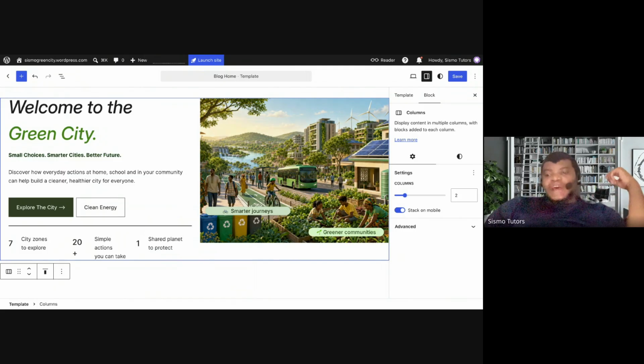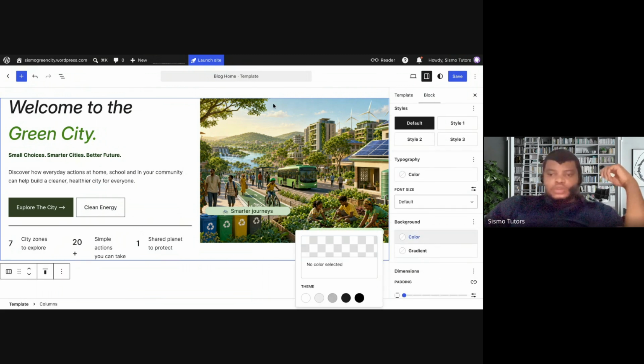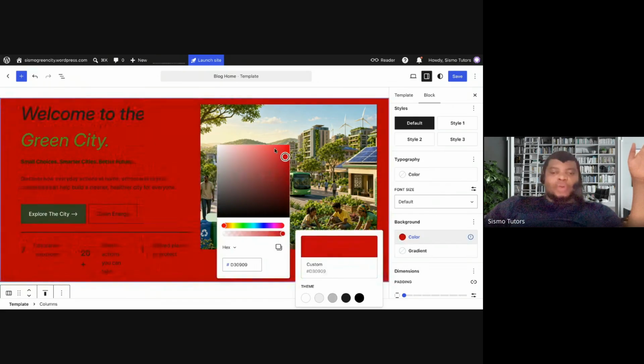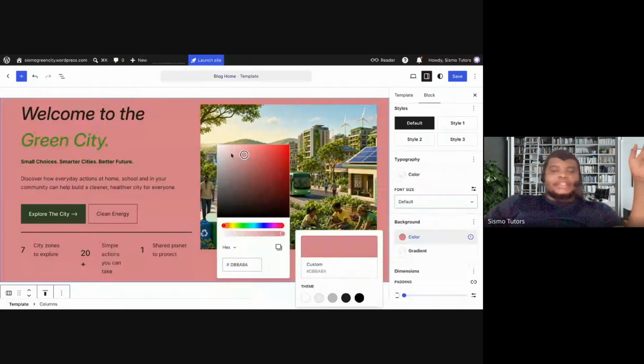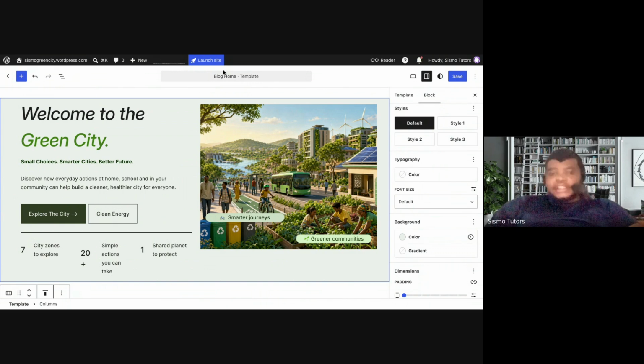So you navigate to that background again, color, click on these checkers, then you add the color hex that you want this background to be like, or you drag the palette to what you want the color to look like. I already have a color hex, kind of light green, which is this. So as you can see,